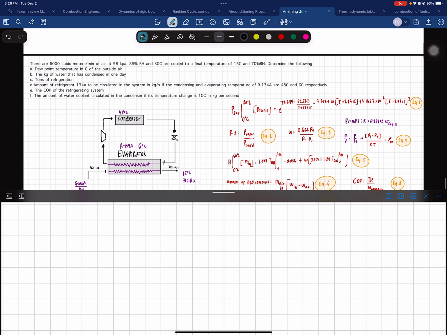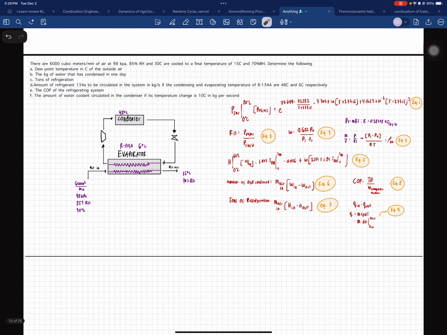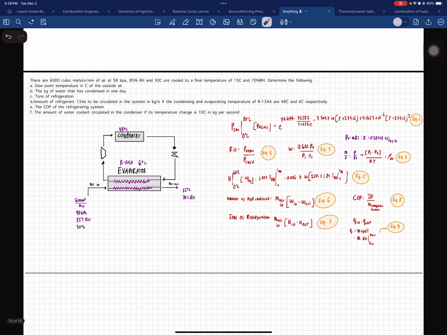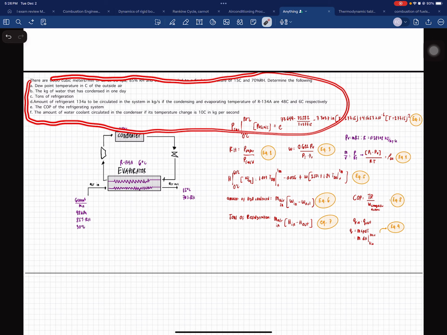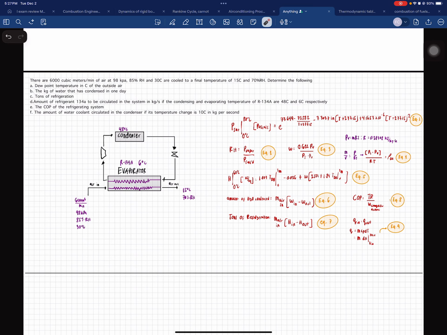Since we're required to have a lot of things here to solve the problem efficiently, let's just get all the properties that we can, especially properties going in, and let's just look at the properties that we can find going out. Okay,